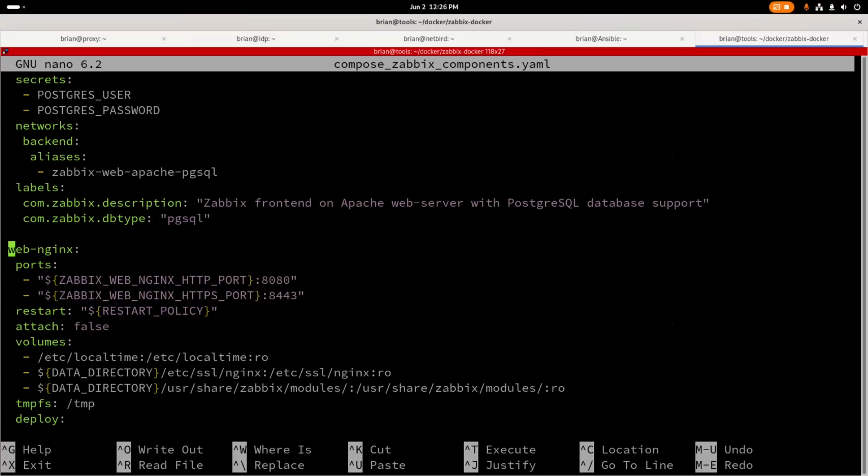Okay, so Control W is search in Nano, and then you can type in what you're searching for, and it's web-nginx. And right here we've got this little port mapping. It's got a placeholder for an environment variable, but this environment variable is not defined anywhere. So we're going to get rid of this guy. We're going to leave the double quotes, and we're going to put in